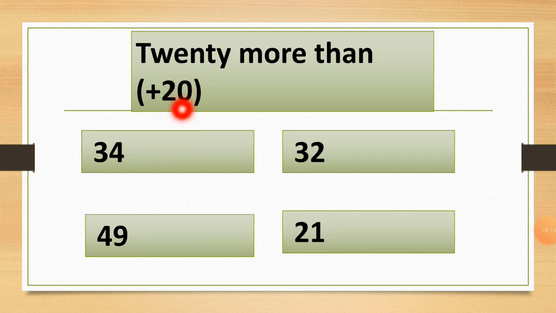In this example, we have to add the numbers. You can see this sign which indicates we have to add the numbers. So we have to add 20 numbers in it. We are using both the methods as we have seen. So here is the 34 number. Let's check in the hundreds grid. So use the hundreds grid. We have to move down to add 20 numbers. So let's see where is the 34 number in the hundreds grid.